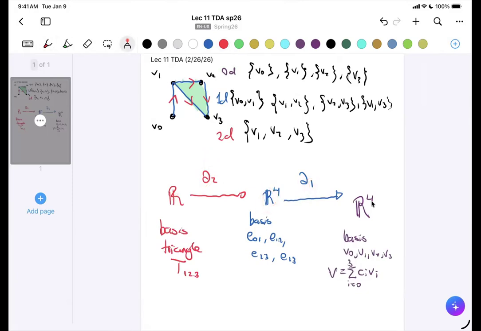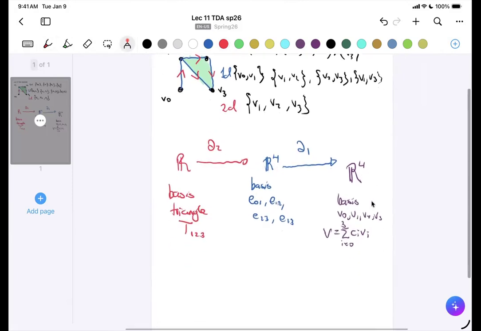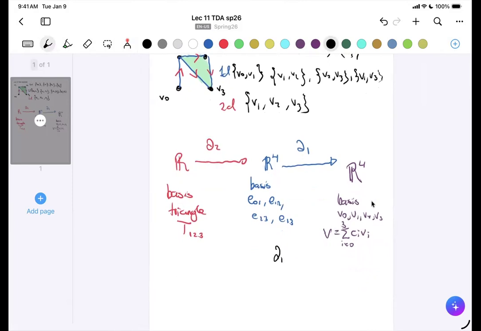Okay. And so, for example, here, we had talked about this before, but what is del one? To specify the matrix, you just have to specify it on the basis, right? Because once you know what a matrix does on a basis, you basically determine what it does everywhere else. So each of these maps is just like a linear combination. Sorry, this should be the vertices V2. So